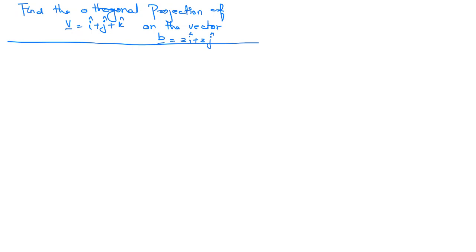But we know the formula. The formula is that the projection for a vector V is equal to vector V dot E into E. This is the formula. And E is the unit vector. Okay, but now here we have been given only a vector. Can we find a unit vector from a vector?